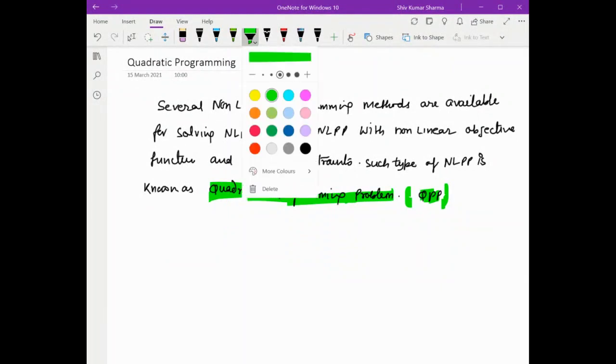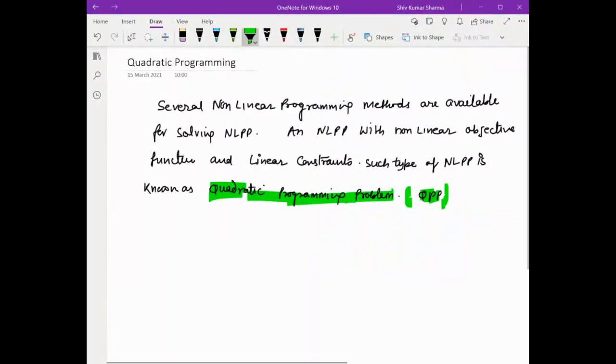So basically, we understand this: the objective function in quadratic programming problems is in non-linear form, and the constraints are all in linear form. This is known as the quadratic programming problem. So the basic formulation we write as the quadratic programming problem